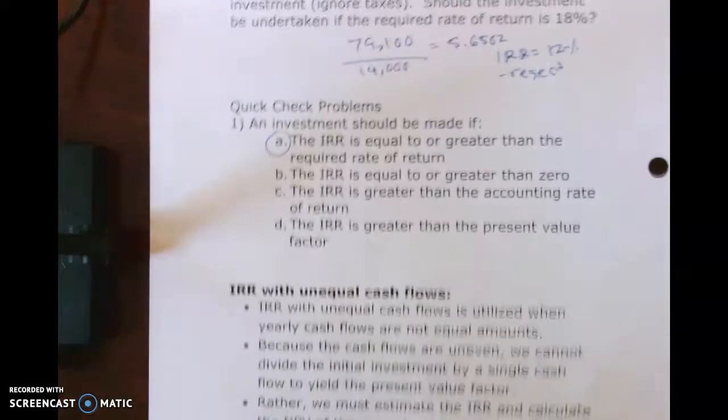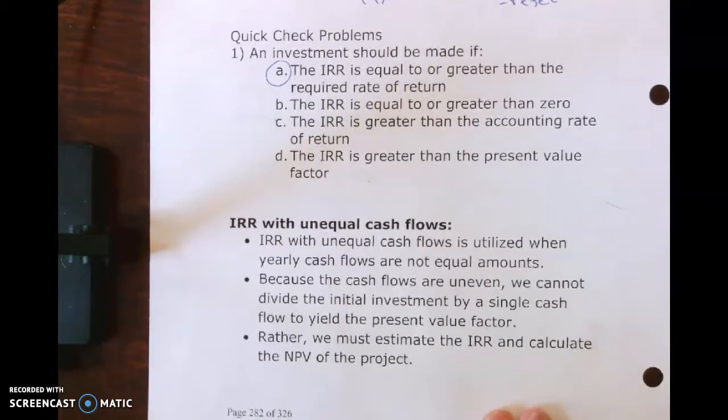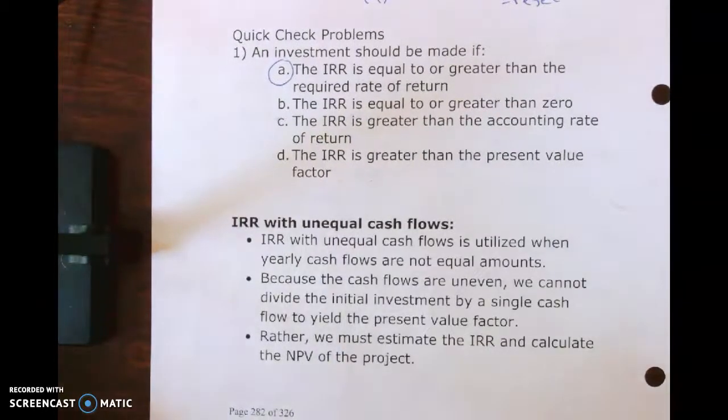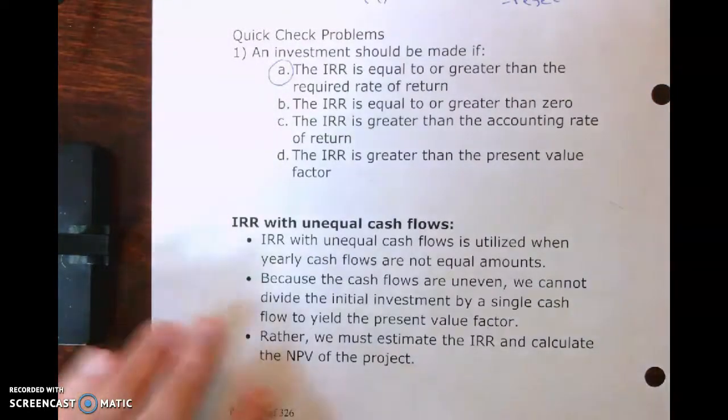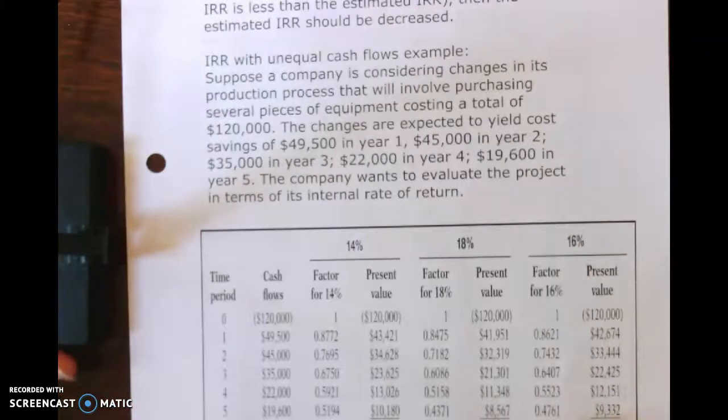Now that was looking at internal rate of return with equal cash flows. With unequal cash flows, it's a little bit trickier, okay? And this is probably a little bit more realistic. So we can't just use that present value of an annuity table, okay, because that's assuming equal cash flows, but we have unequal cash flows. So I'm going to go over to the next page over here to explain our internal rate of return calculations